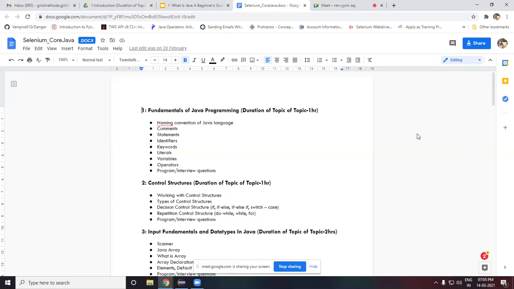In decision control structures, you make a decision, like if a equals b, then print this statement, else print something else. With repetition control statements, if you want to print a statement again and again, you can go for the looping statements.